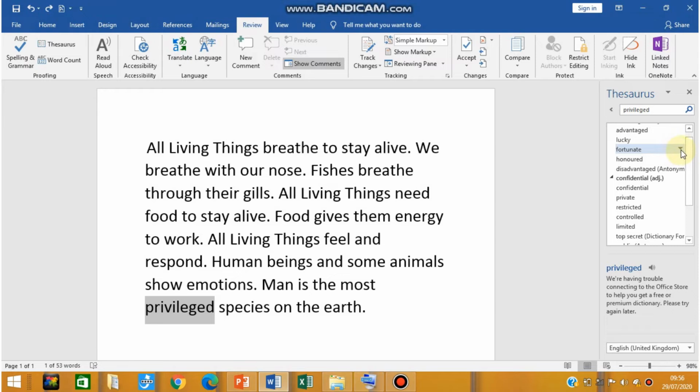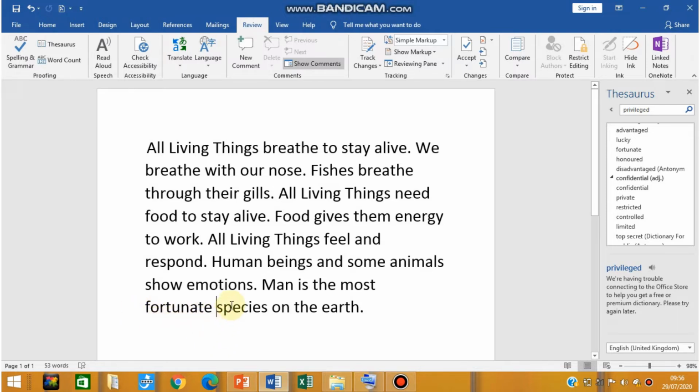After doing that, click on this drop down arrow, and then you can click on Insert. After clicking on Insert, you can see here that privileged has changed to fortunate.